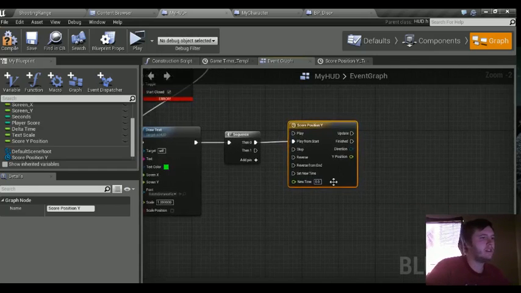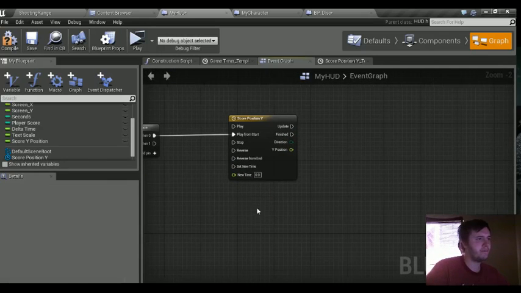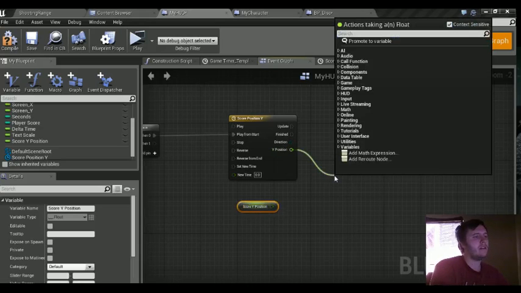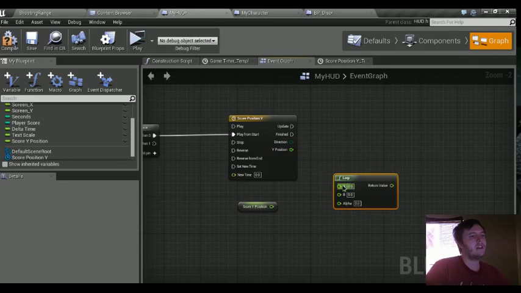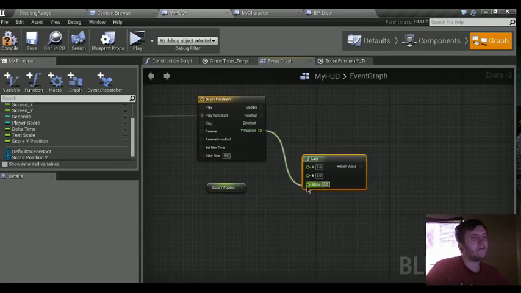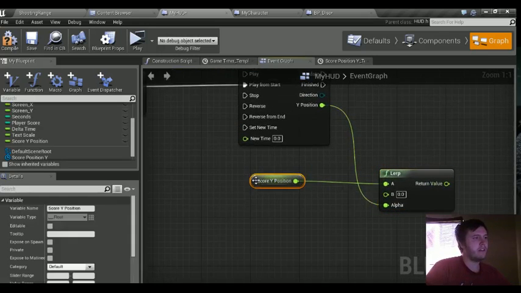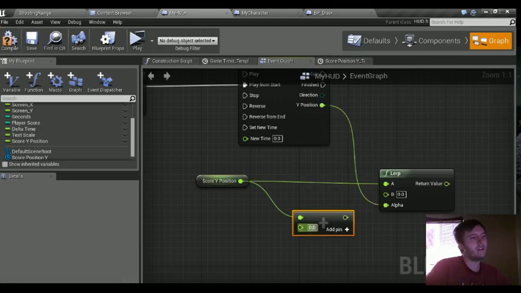And now what we're going to need to do is copy and paste the score Y position. And we're going to need to grab a lerp. So drag out the float from our timeline. Just type in lerp, just do a float. We're going to change that this goes into alpha. And then into A is going to be score Y position. And then into B, we want it to basically move from where its position is to where its position is plus 30. We're going to get a plus for float, add 30 to it, plug that in,